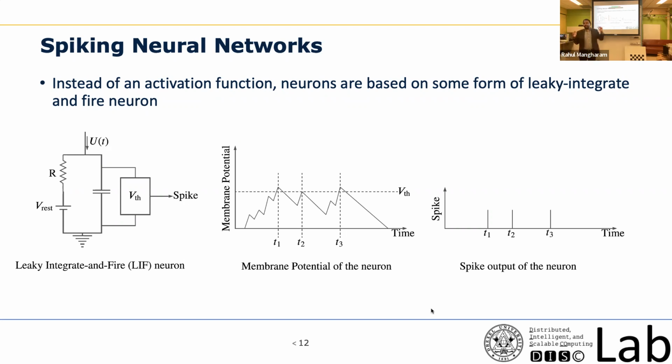So this is integrate and fire. That means it will integrate charge, and then when the charge crosses a threshold, it will fire. The leak part is basically something called leaky integrate and fire, and I'm showing here a leaky integrate and fire. Now that leak rate varies from implementation to implementation. Some implementations instantaneously drop the threshold. Some implementations slowly decay it.